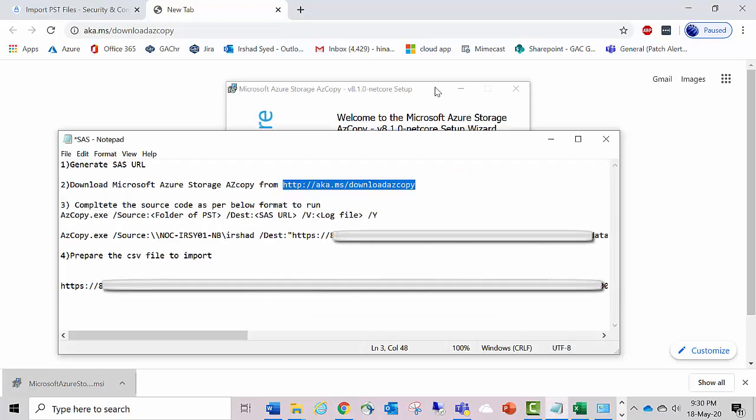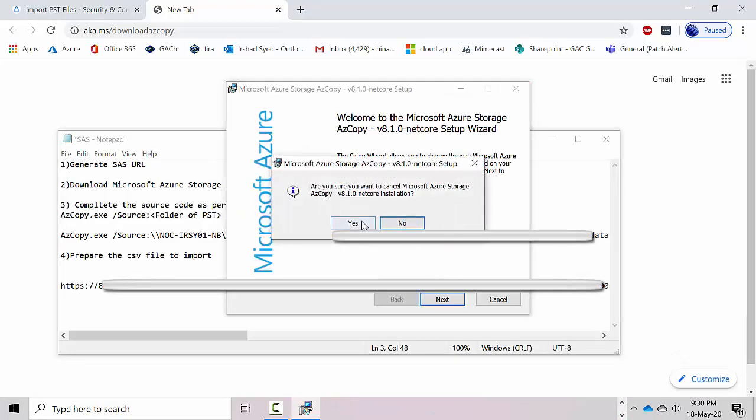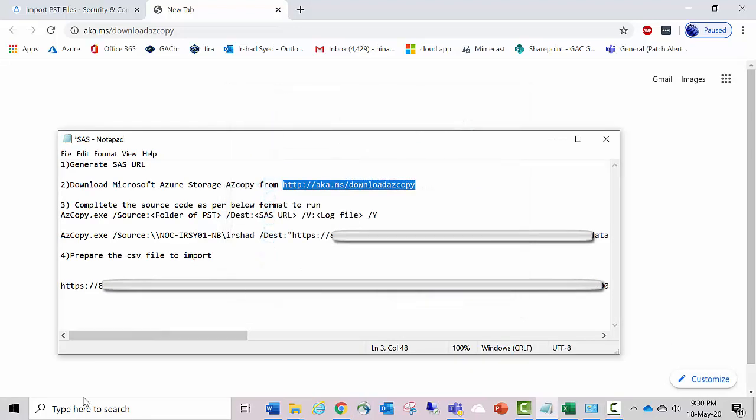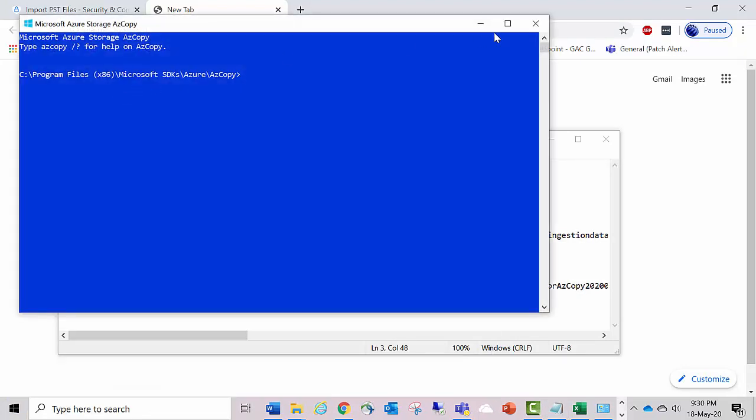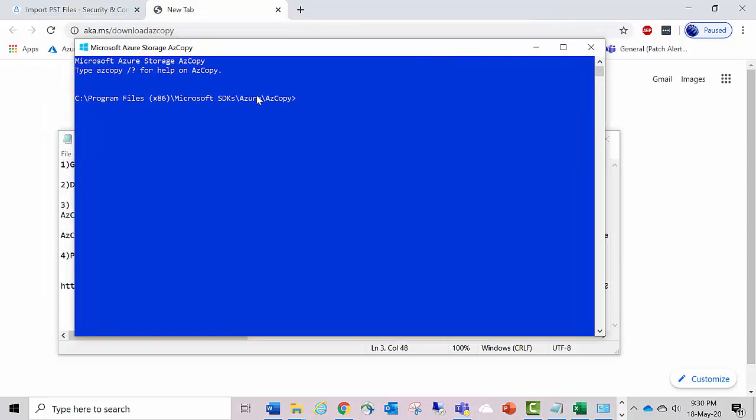In my case, I have already installed this tool, so I'm going to open it. Now you can see Microsoft Azure Storage AzCopy. This is the tool from where we are uploading our PST files to O365.